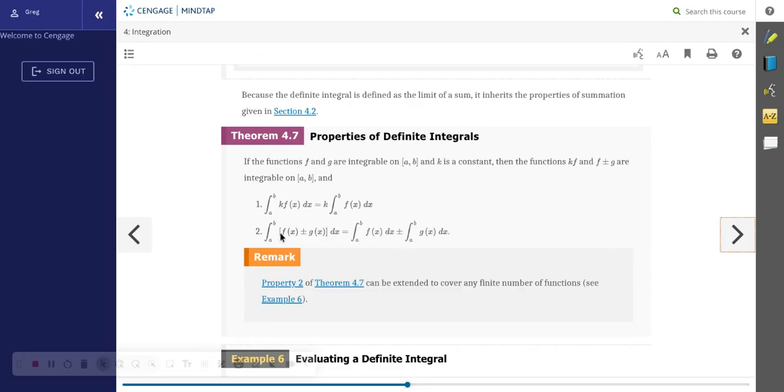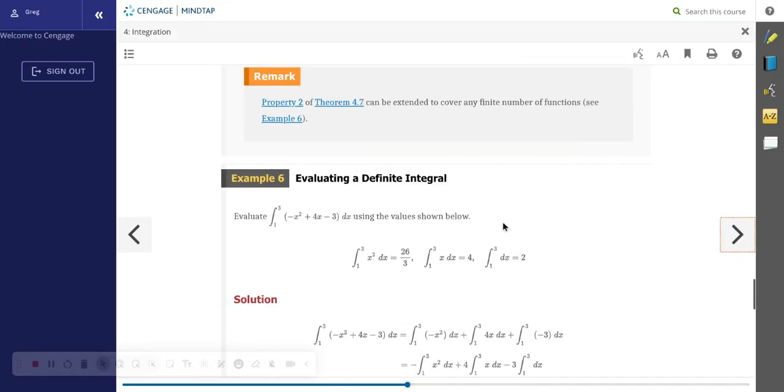If you have the integral of two functions that are being added or subtracted, you can simply add or subtract the integrals. So if you have a polynomial, just take the integral of each part. Notice they're going to do that right here. The integral from 1 to 3 of this trinomial can just be considered the integral of 1 to 3 of the first term, the integral of 1 to 3 of the second term,